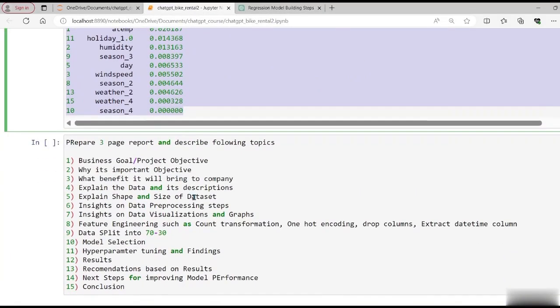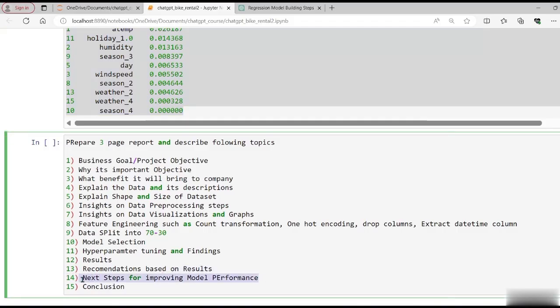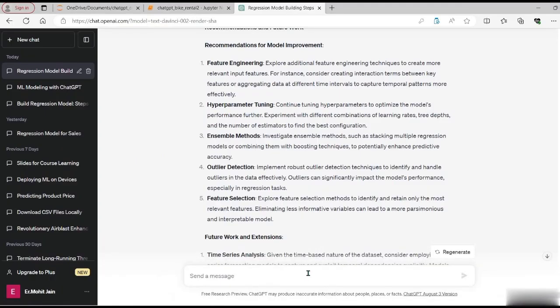So finally, I think there are two things which they have not mentioned in the report, which are next steps for improving model performance and the conclusion. So let's ask the final thing from ChatGPT before we wrap up our video and the course as well.